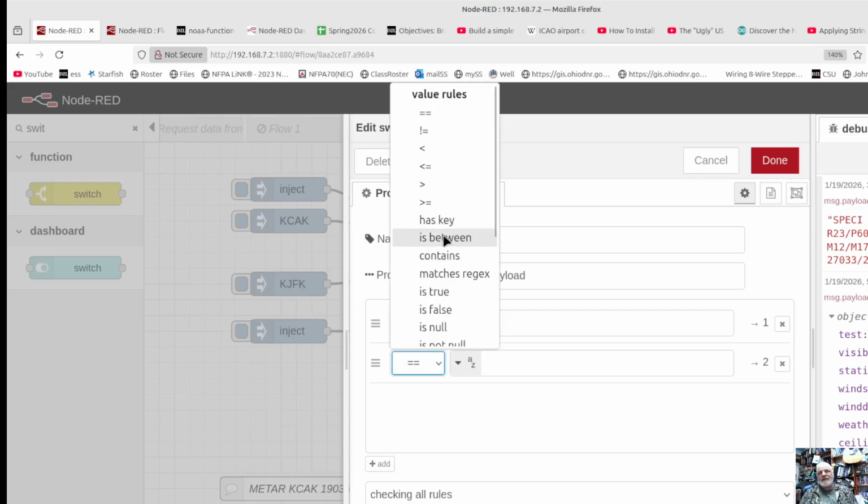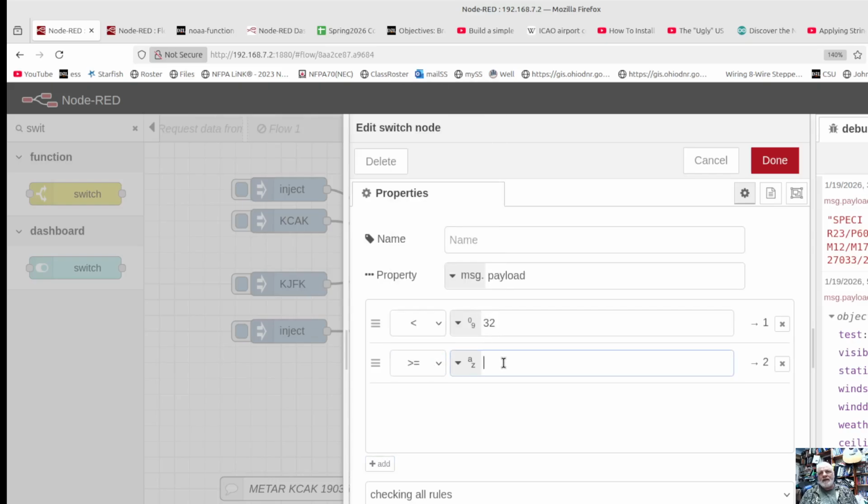And so if it's greater than or equal to 32, then we'll output to the next, to the yellow. But now here where it says property, by default it always defaults to the payload, but we actually want to select the flow, and then the flow is our temperature in Fahrenheit. Okay, so we're going to say flow